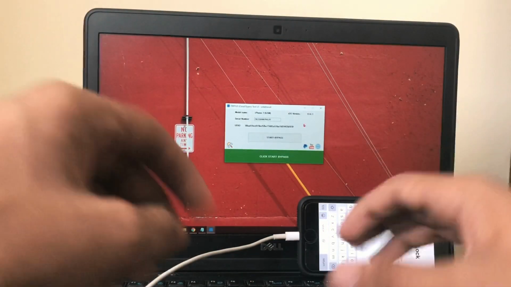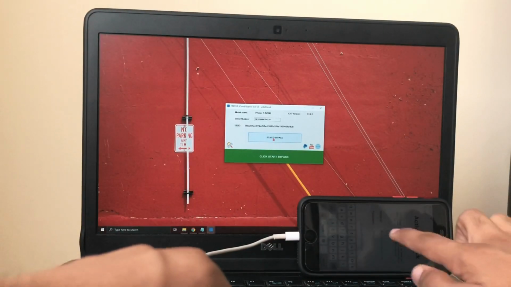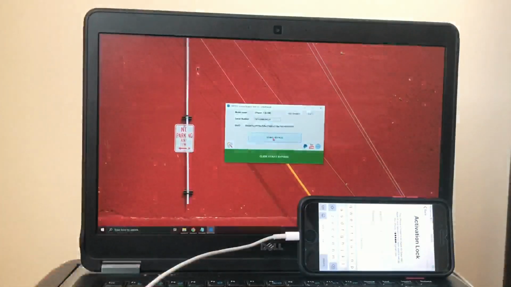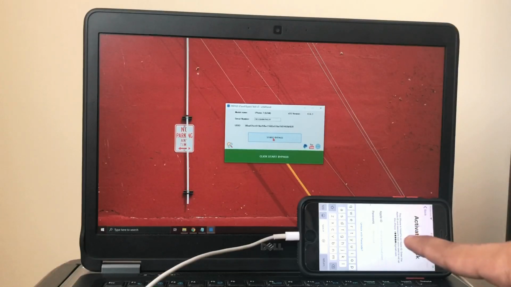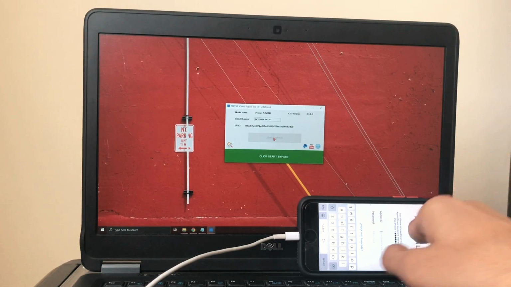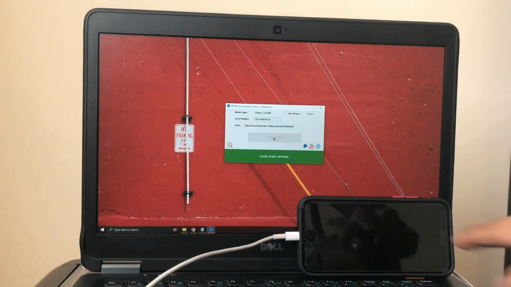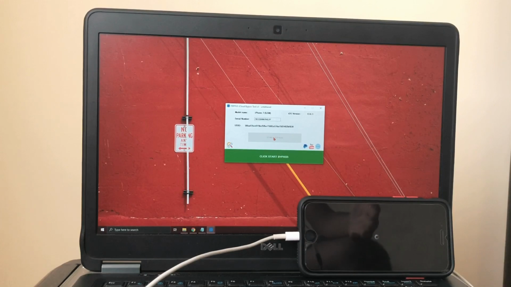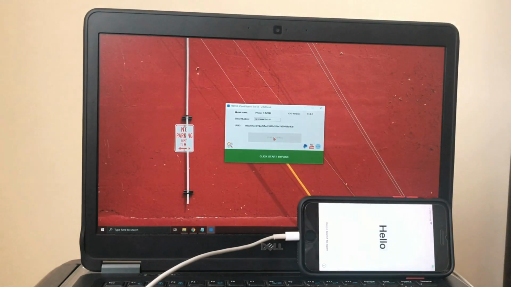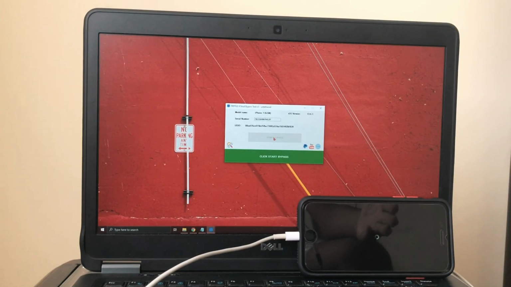For me, it didn't even ask me, and just keep an eye on activation lock screen. The phone is still stuck on activation lock, and I just hit start bypass. This might take a few minutes. Yes, your phone will restart a few times, so let's just wait until this thing happens. And as you can see, the phone is now respringing, and it just goes back to hello screen, then again it's respringing